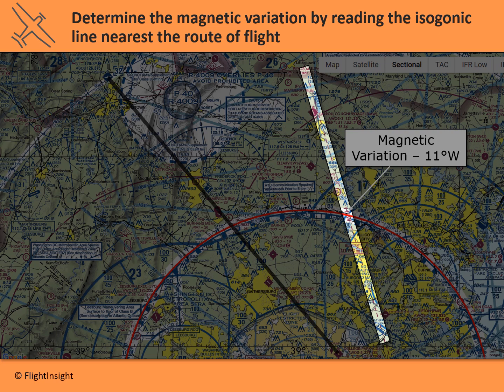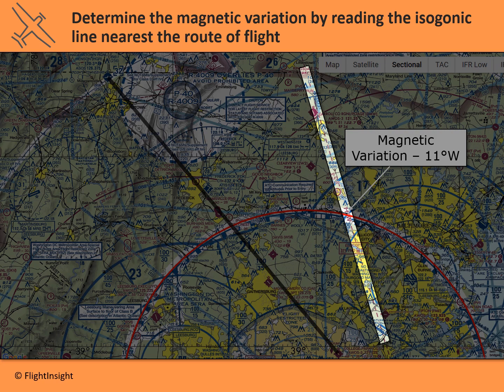Remember, if it's 11 west, we need to add it to the true course. If it were east, we would subtract it. Sometimes people use an "east is least, west is best" way to remember that. So like, east is subtract, west is add. I'm from the east, so I don't know that really makes much sense to me. If I were from California, I would definitely be on board with that little memory aid, but it does help a lot of people to remember, do you need to add or subtract? Well,